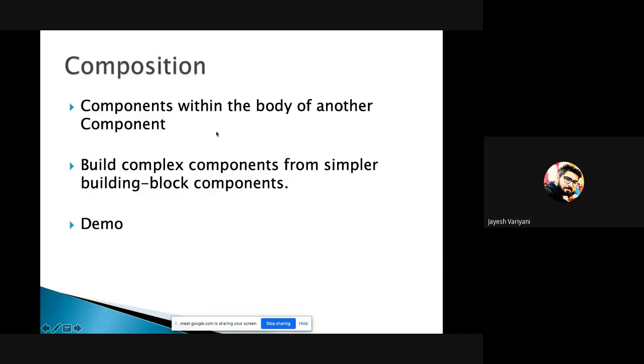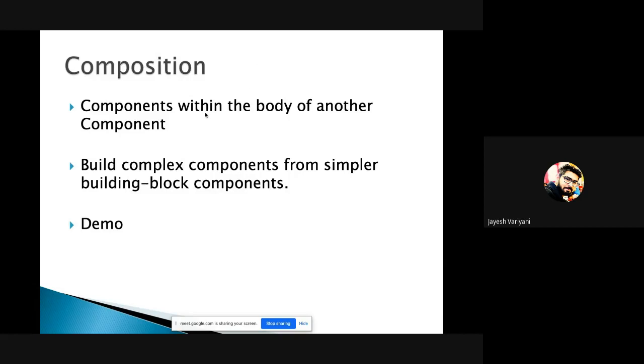If you have seen the earlier example which we saw today itself, for child to parent communication or parent to child communication, we are using the child component inside the parent component to make modularization easier and more readable. It has its own advantage as well, because it increases performance. One component is not taking the load of the entire thing; it is divided into modules. So this is the concept of composition.